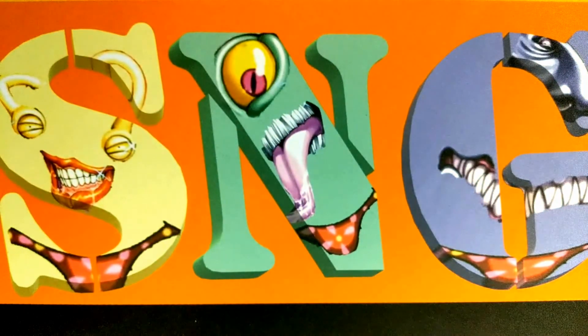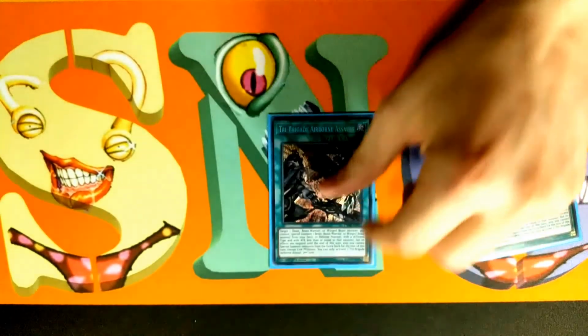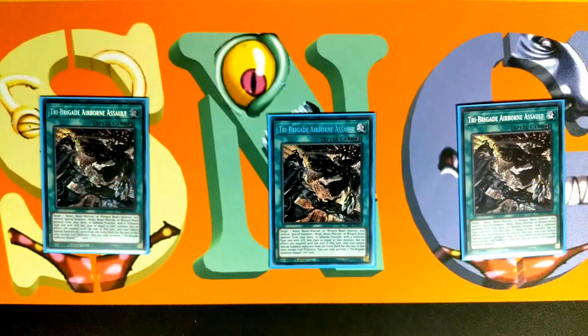Next we run 3 copies of Tri-Brigade Airborne Assault. Now, Airborne Assault is such a good card in this deck because it lets you get Melffy Puppy on board, and even though Puppy's effect is negated the turn it's been special summoned using this, that's not the end of the world, because if you use this at the end of your own turn and you have Ominous Shuriag on